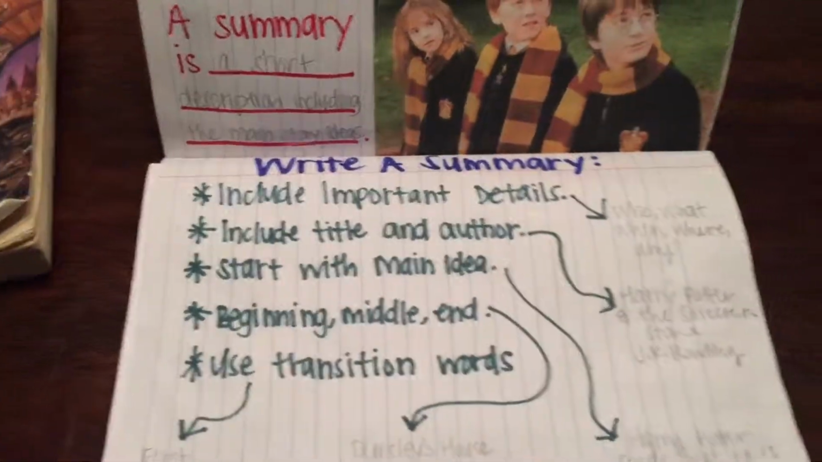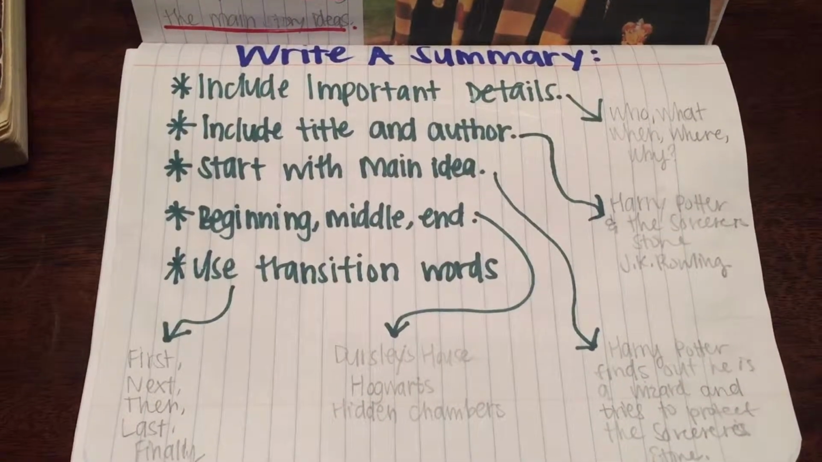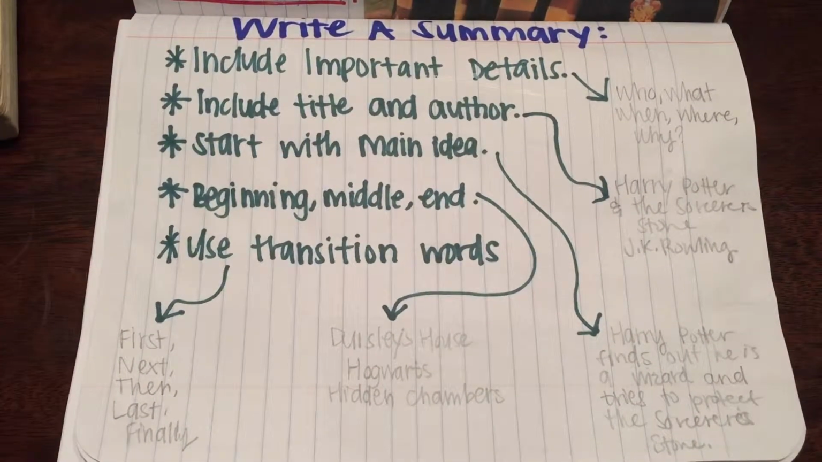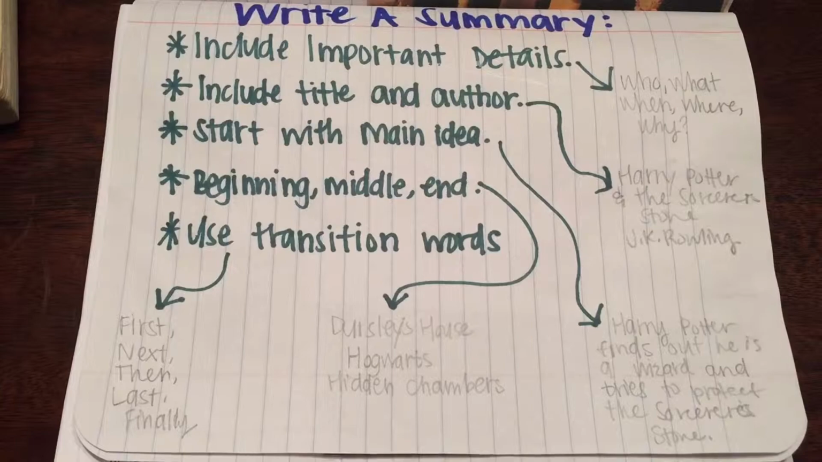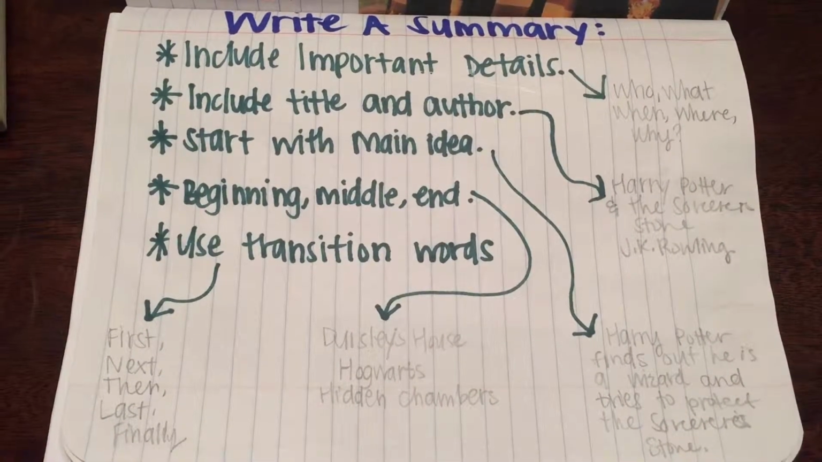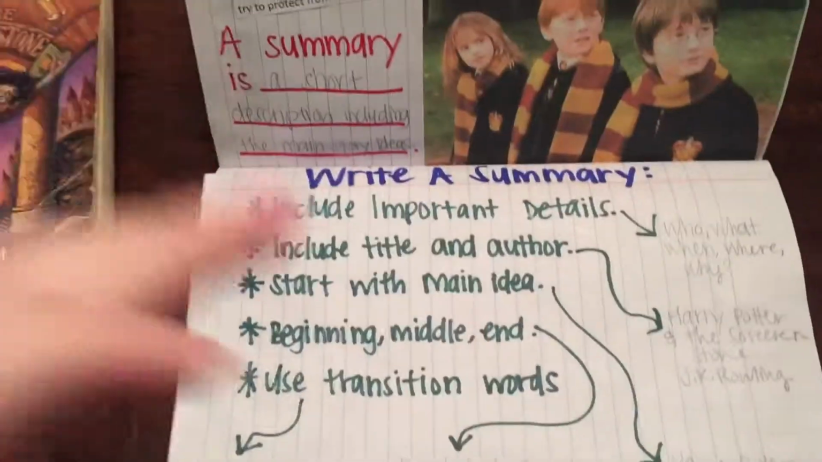And on the next part, this is how to write a summary. And so include important details, title and author, start with main idea, beginning, middle, and end, and use transitions. And then I let the students fill out what that is in this story. So there's that. The next page